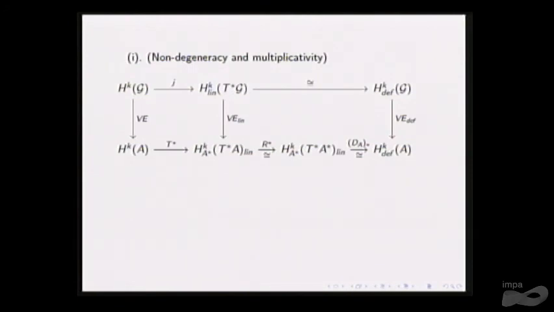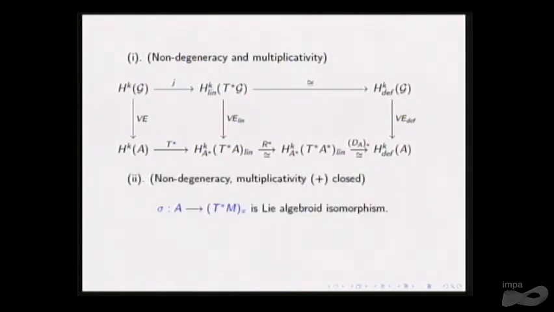A Van Est type map, so it satisfies the properties that you want a Van Est map to satisfy, about the compactness of the fibers and so on. And the second step is to add the closedness condition of the symplectic form. So in this case, we have an induced Poisson structure on the base,